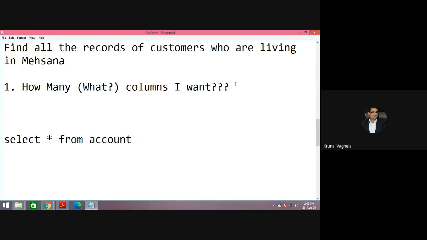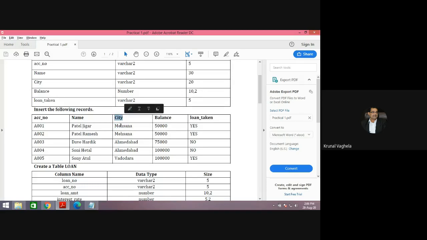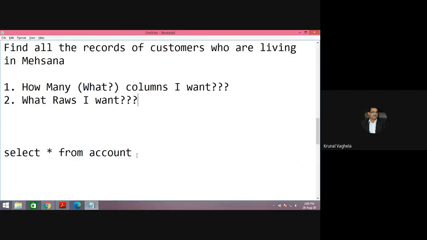Now the second question you need to ask yourself: what rows I want. What rows do I want? Only those rows of customers who are living in Mehsana. That means where my city is Mehsana, I want only that record. So in my query I need to write select all records from account where city